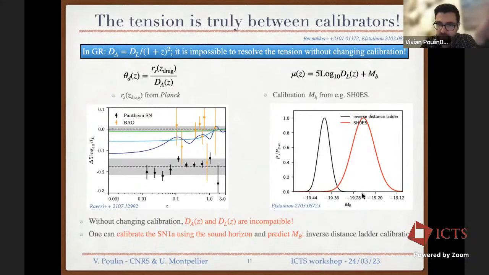So the point is, could they have missed a 4 or 5 sigma effect? Maybe you don't need 4 or 5 sigma. Maybe you need 3 sigma, and then the rest is statistical fluctuation. But this is the key. It's true that if there is a bias, there is no tension. But the biases have to be much larger than what they are actually sensitive to. So it's not simple, and it has, of course, implications for what they measure. So it's not that easy.